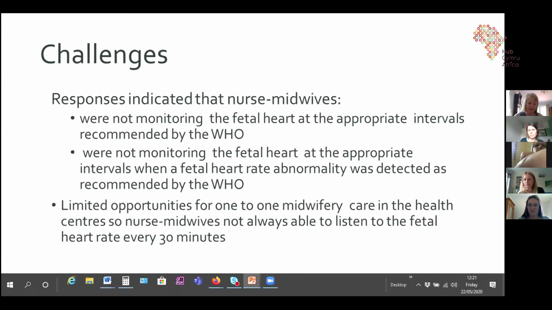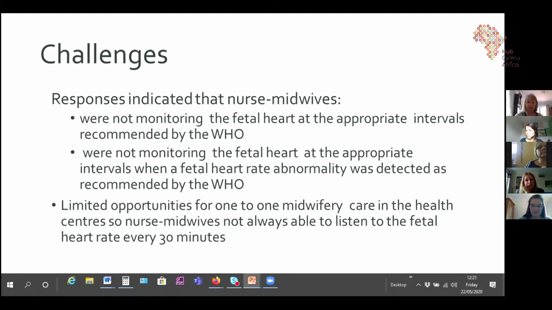So I decided to develop an app, or rather piggyback onto an existing app, which is what I'm doing at the moment. There's an app which has been successfully used in Uganda for data collecting, which they are adapting for me so that I can put an algorithm, which we did use in the training package. It's an algorithm for intermittent fetal heart rate monitoring, and they are adapting the app to be able to put this algorithm in so that midwives can